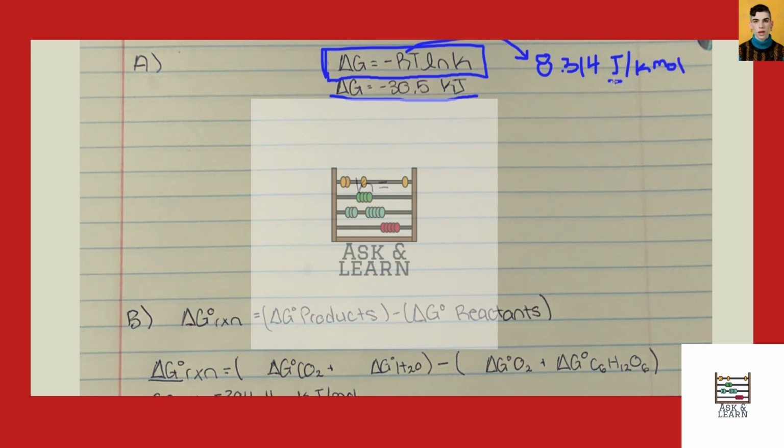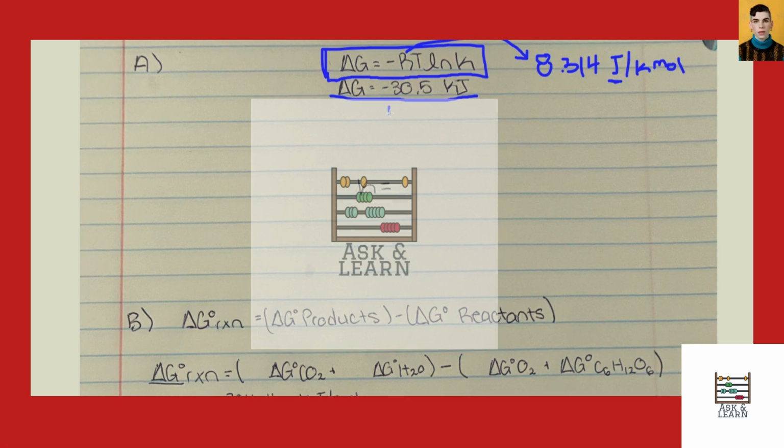And because this is in joules, we need to change our delta G into joules. So, by multiplying by 1,000 to get joules, we would get 30,500 joules. So now let's just plug that into our equation. So 30,500 joules equals negative 8.314